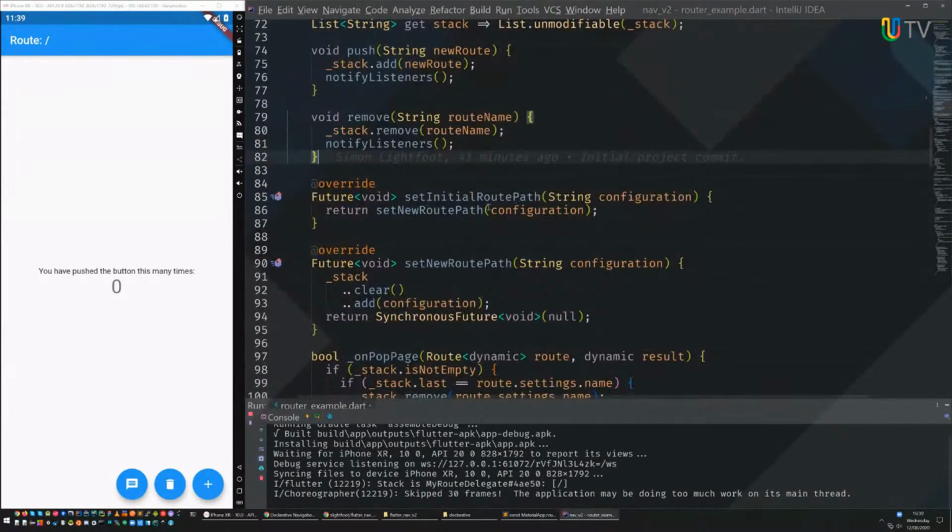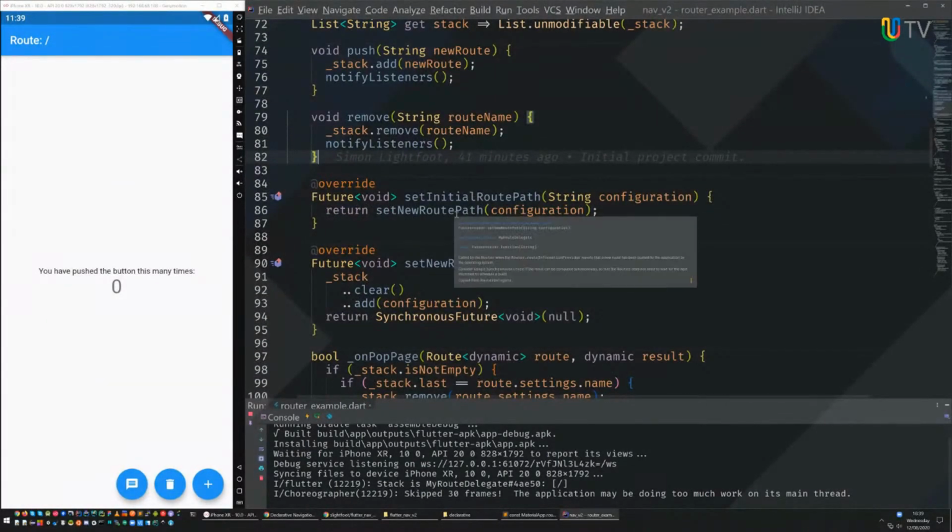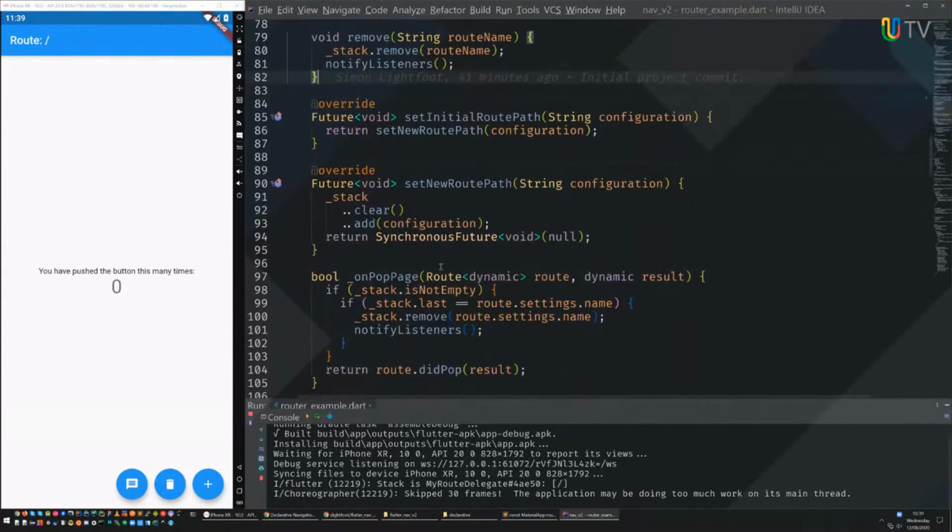There's our initial route configuration. We'll have a play around with that in a minute. New route path again. Remember, this is not us pushing or popping or manipulating our stack, because that's up to us now, right? We're not using the navigator to do that, although you still can. This is more about the operating system having detected that there's a new route.